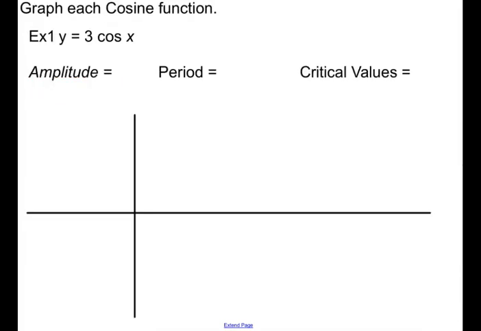So suppose I want to sketch the graph of each cosine function, and I'll start out with y is equal to 3 times the cosine of x. I can find my amplitude and my period and my critical values. The amplitude is 3. Because b is 1, the period is 2 pi over 1. Once again, there's nothing here. I'm between 0 and 2 pi, so my 5 critical values, if I don't have any phase shift or period change, are the same from 0 to 2 pi,